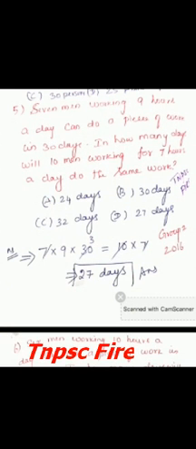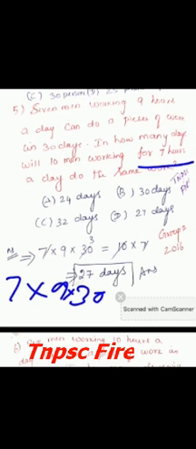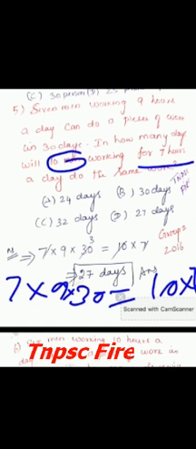7 men working 9 hours a day can do a piece of work in 30 days. In how many days will 10 men working 7 hours a day do the same work? Using the same tricks you are going to solve this problem also. 7 men, then 9 hours, that works in 30 days. So 30 into 30, equal to, in how many days will 10 men working for 7 hours? 10 into 7. This is the men, so you put 10 in the numerator into 7.